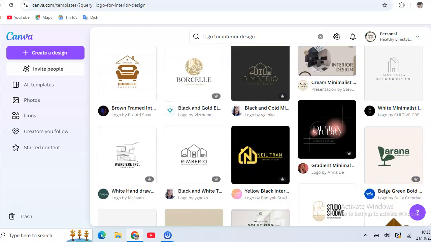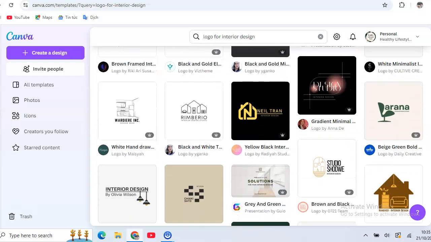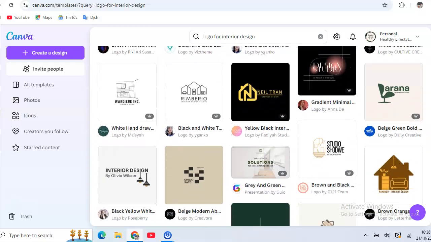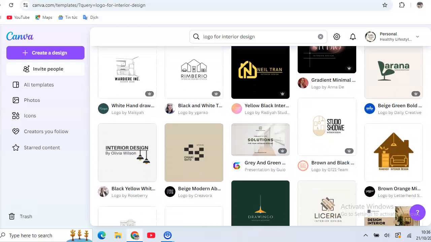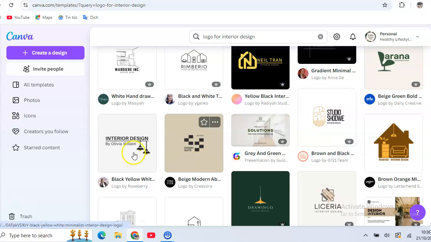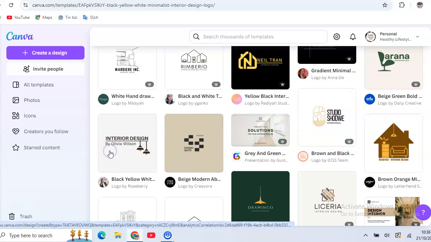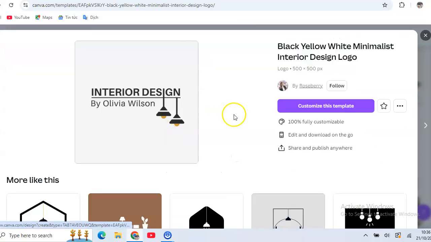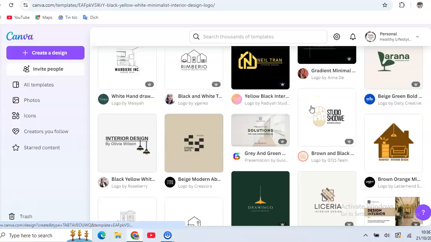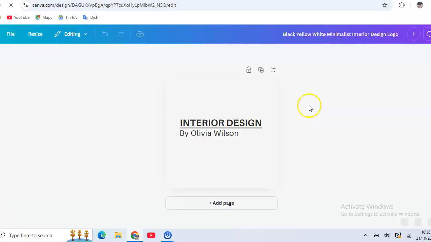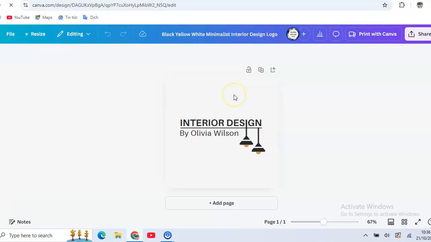Okay, now just scroll down and choose the template you like. Okay, for example this one, and this is free to use. And after that click customize this template. This template looks very simple,